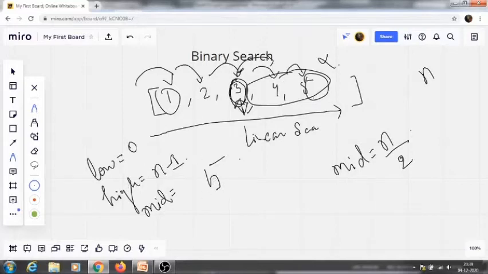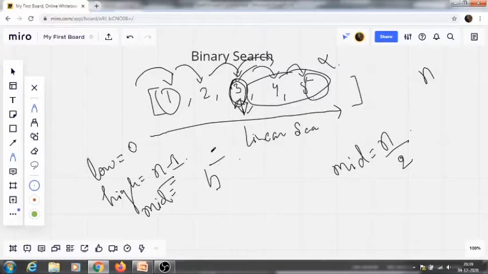So we get the middle index and update it each time. If the value is greater than the middle value, we move to the right side and do the same thing recursively. Our low will be updated as mid plus 1, and high will remain the same, if that specific value is greater than mid.